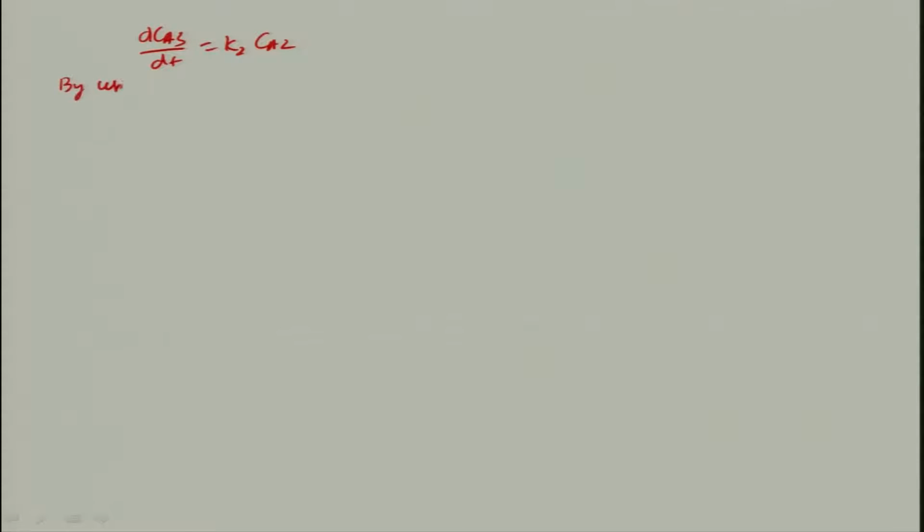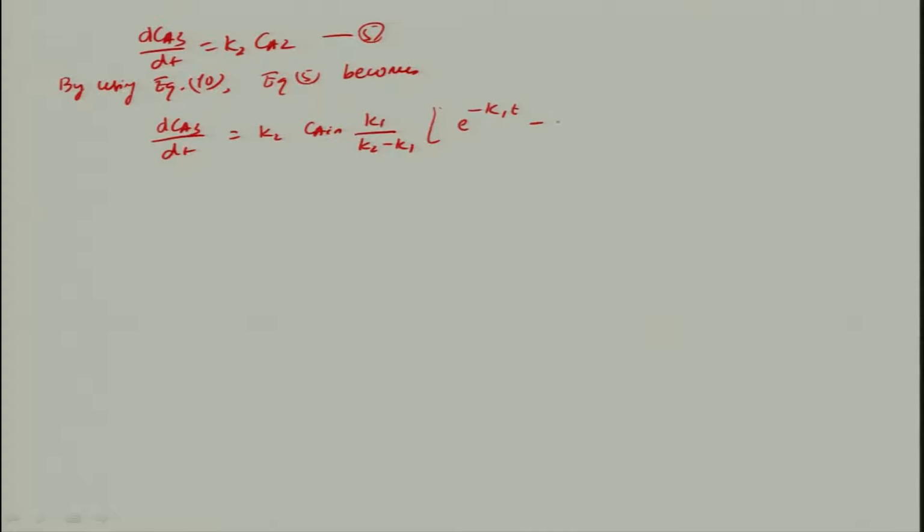So by using equation 10, equation 5 becomes dCA3 by dt is equal to K2 CA1 in K1 by K2 minus K1 times e to the power minus K1 T minus e to the power minus K2 T. And I will have to integrate this equation, let us say 11. By integrating equation 11